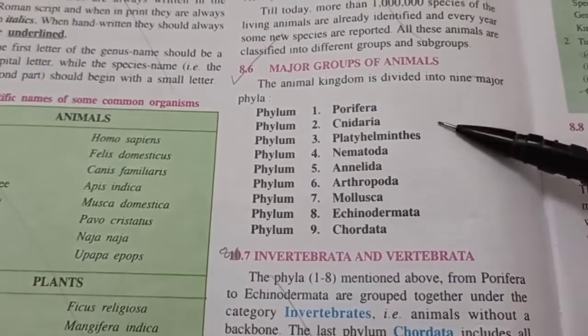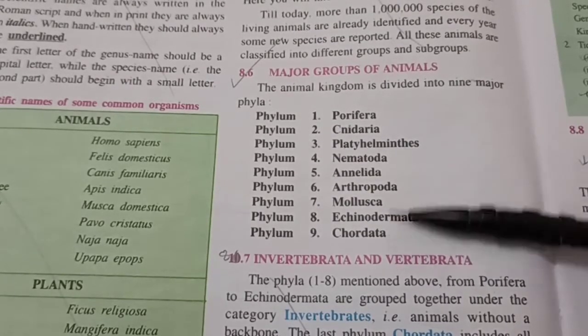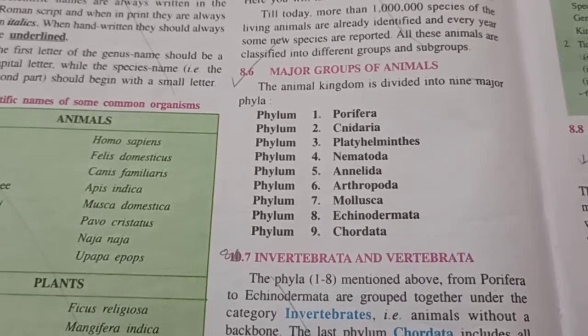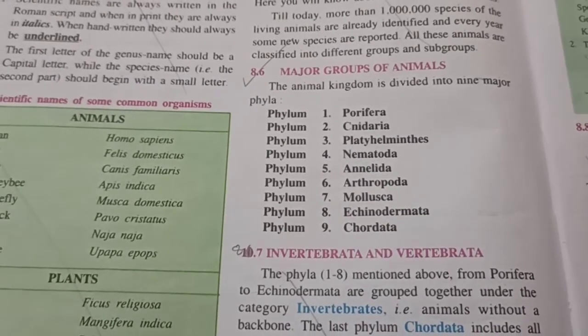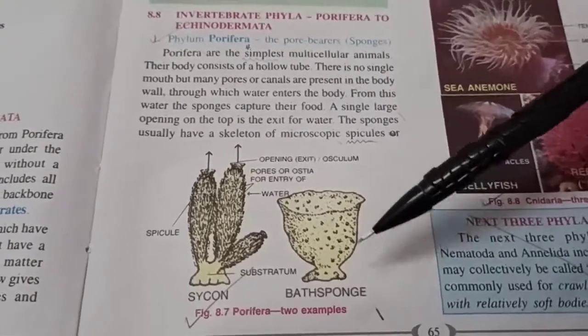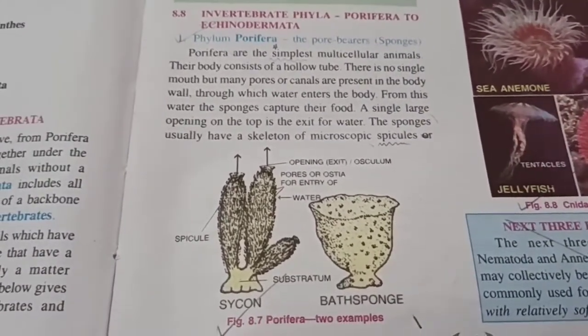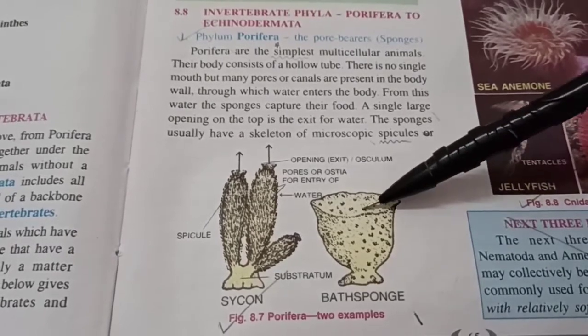Now these are the phyla. 9 phyla which you have to learn. Learn the spellings perfectly. Beautiful names, isn't it? Let's learn the characteristics of each phylum now. First of all, Porifera. The diagrams, learn them. Cyclin and bath sponge. It is called a bath sponge because it looks like a bath sponge. No, I'm not kidding. I never do.